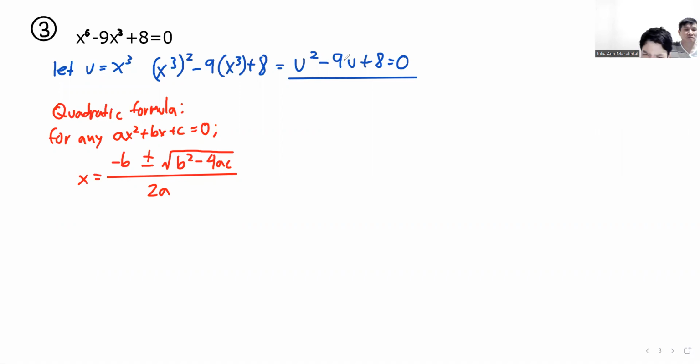So we can substitute. There are hidden ones. Direct substitution. Negative 9 plus or minus